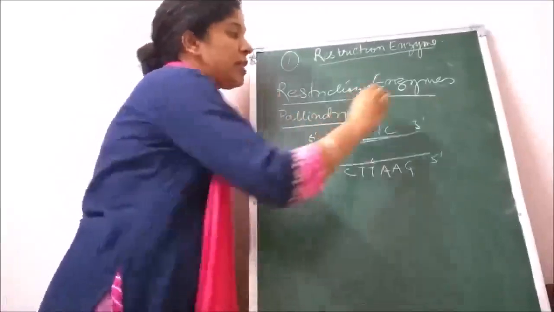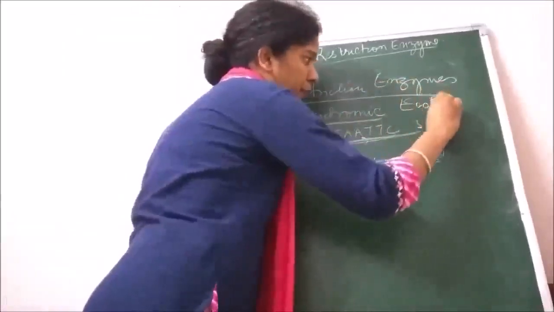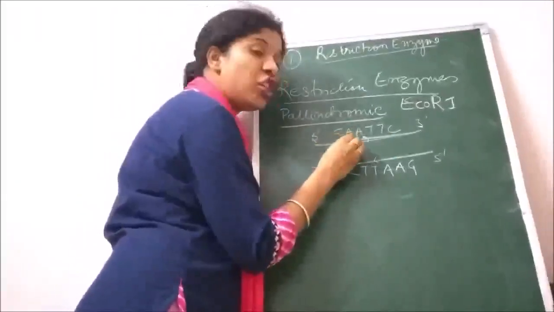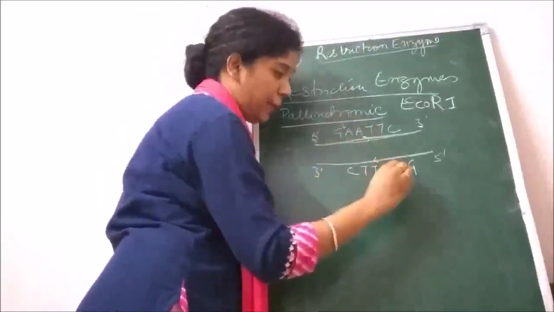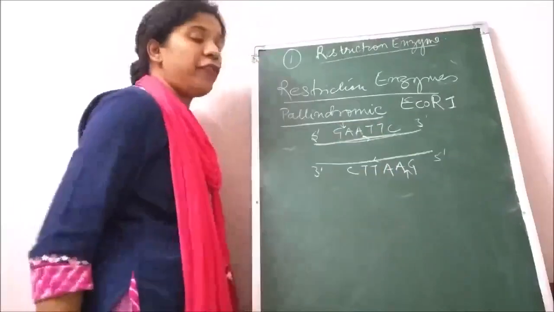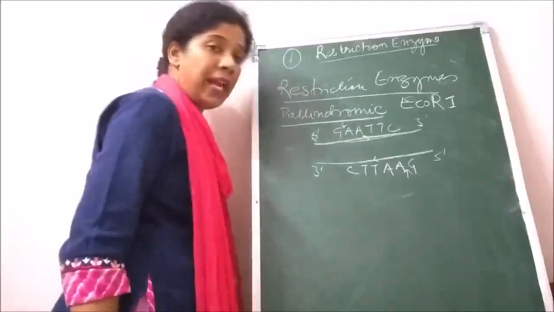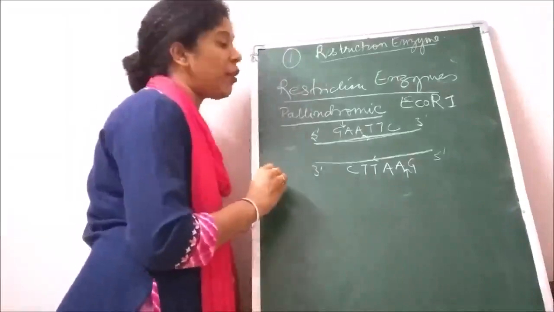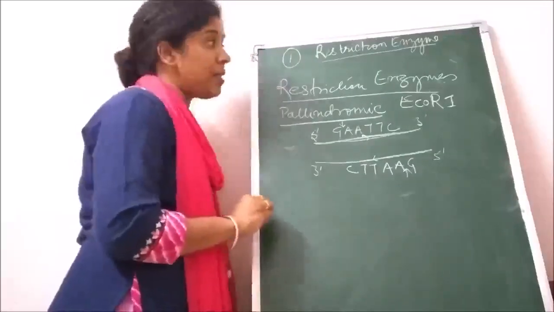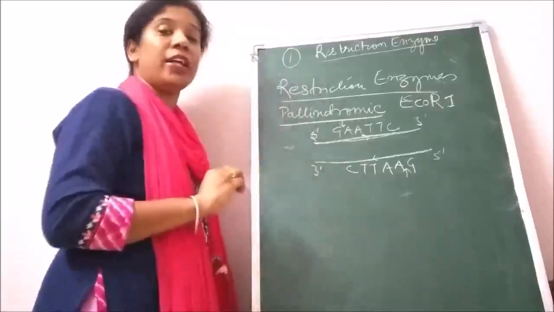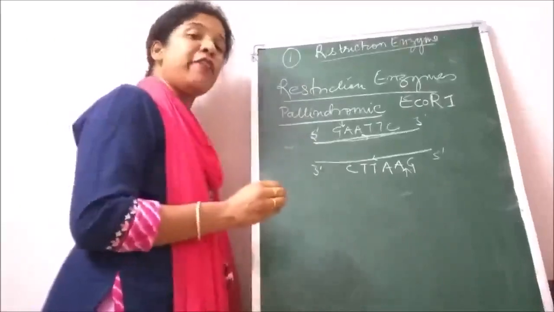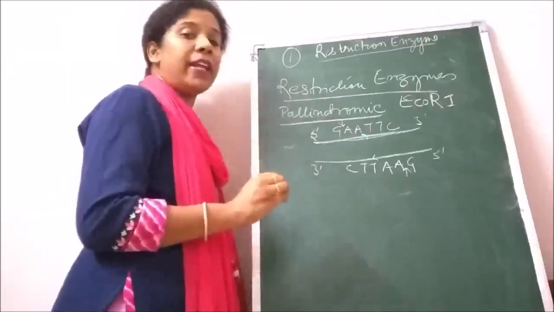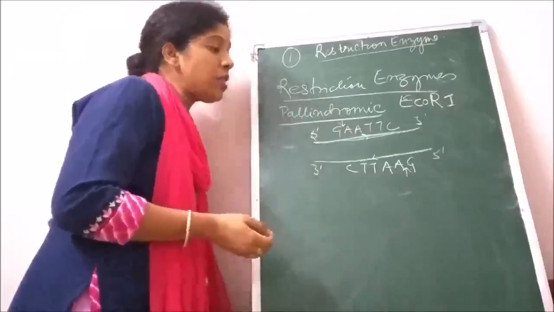Now, this restriction enzyme EcoRI is going to cut the DNA between G and A of GAATTC. And thereafter it is going to produce the sticky ends. So since this restriction enzyme is very specific in cutting the DNA, they are often called molecular scissors, and they are used for precise cutting of the alien DNA and the vector DNA so that the recombinant DNA is formed, and then this recombinant DNA is introduced into the host cell.